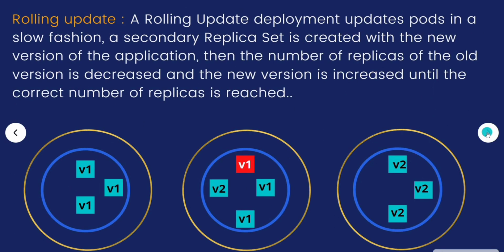Next is rolling update. The rolling update is the default deployment strategy. If you are not defining any strategy, this will be the default. Suppose you have 3 pods, and when you deploy version 2, it will create one pod at a time. In this figure we can see the v2 pod is created. Once the v2 pod is created, a v1 pod will be deleted. It continues one by one until the replica count is reached. In this rolling update there is no downtime, but the deployment will be slow, because when we create the new pods, the old pods are deleted.